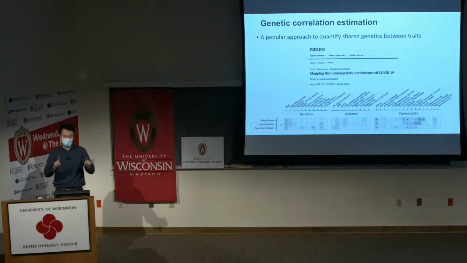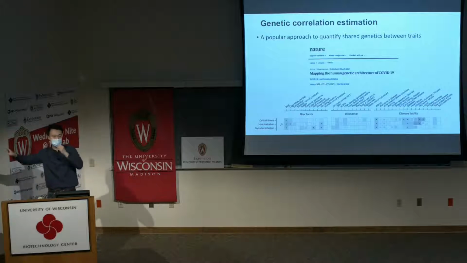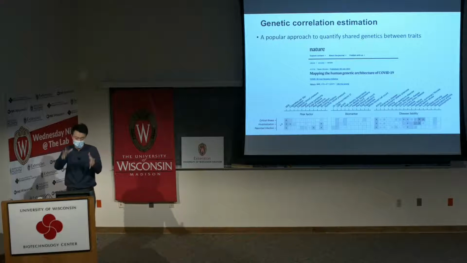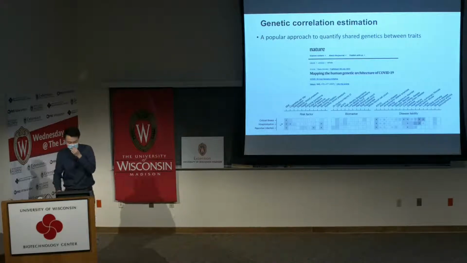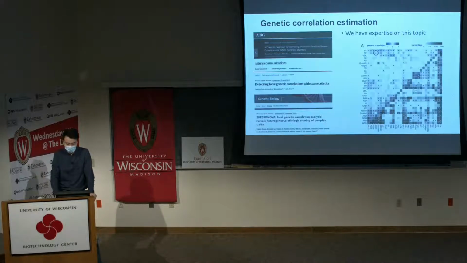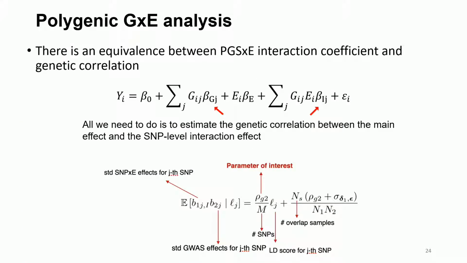You can see the power of this type of approach because you only have GWAS summary statistics for COVID subtypes, and everything else is also GWAS summary statistics. You can test all these correlations without having all this data measured on a single cohort. So it's a very useful and robust method for you to be able to say anything. I'll skip some details, but I just want to say that we actually have very good expertise on this topic. It's one of the specialties in my group. So we are quite familiar. We think about genetic correlation estimation every week. And so we're familiar with context,